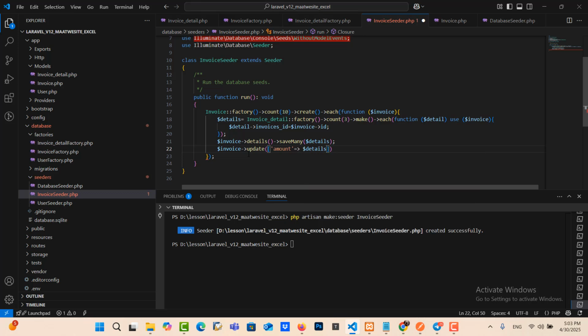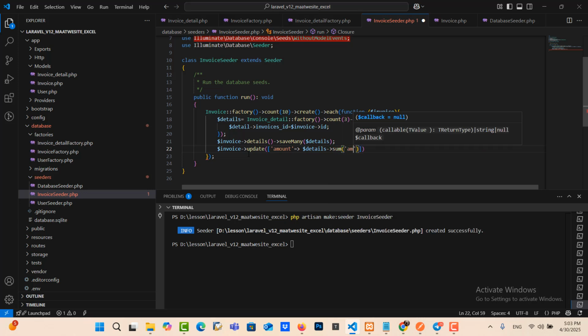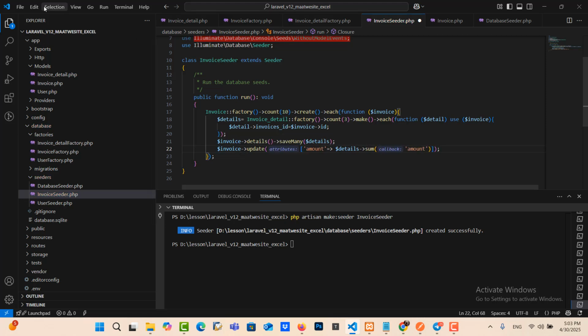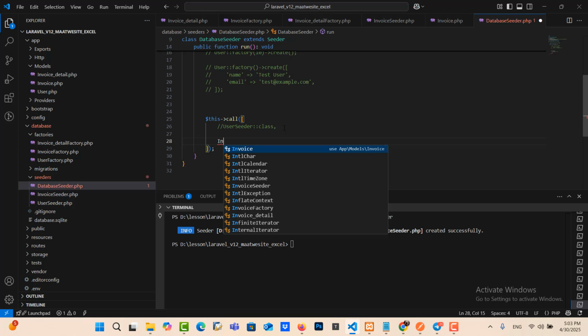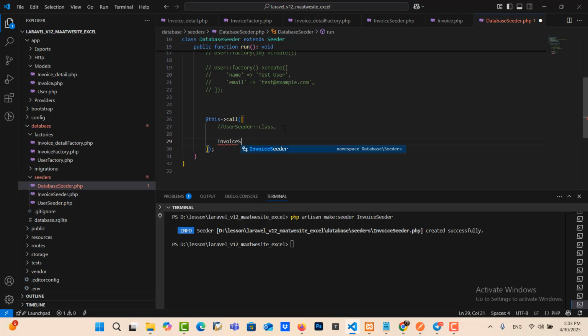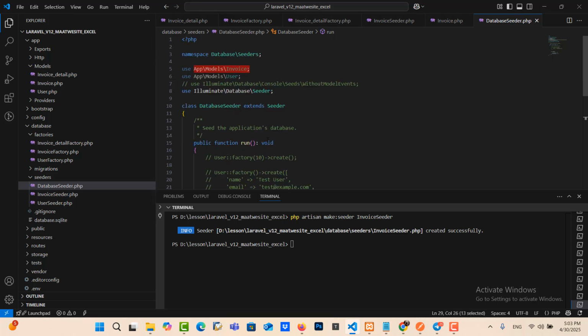It will update amount, and then okay, sums amount. Save the file, and then we go to the database seeder. We need to define the seeder here, invoice seeder. Save the file, and then we run.